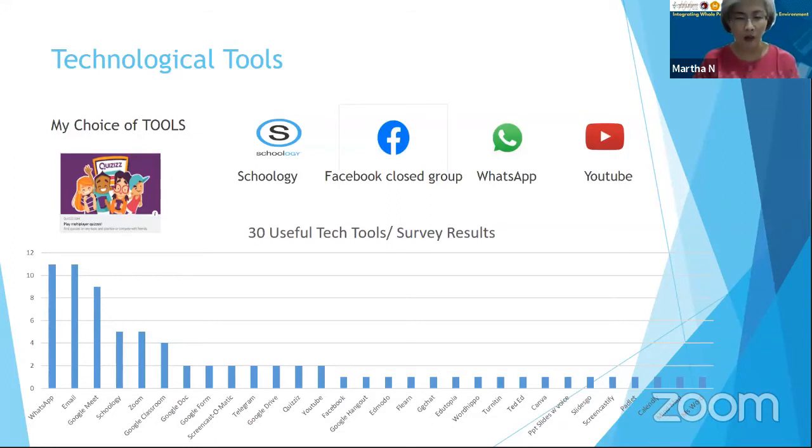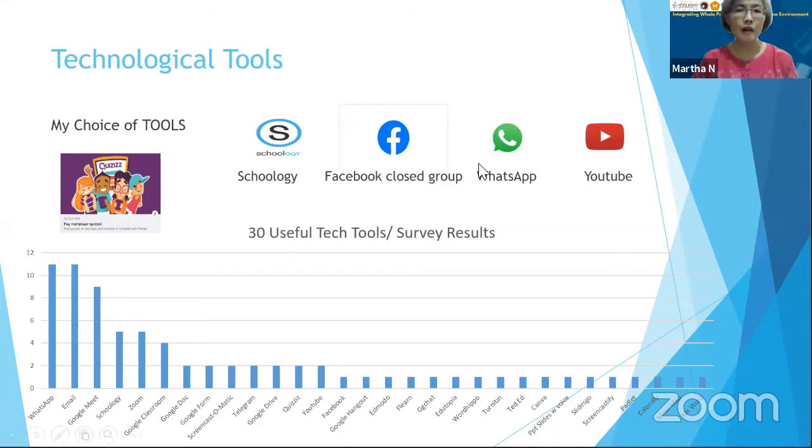I also use Facebook because all of the students already have Facebook accounts. And I use a WhatsApp group for the more immediate communication mode. Everybody in my class has WhatsApp accounts. And I also use YouTube for the supplementary material, and also quizzes for giving exercises and for playing games. This is also a useful tool.